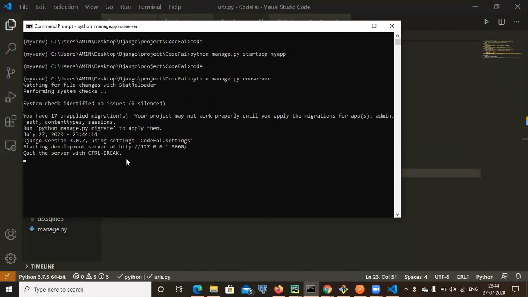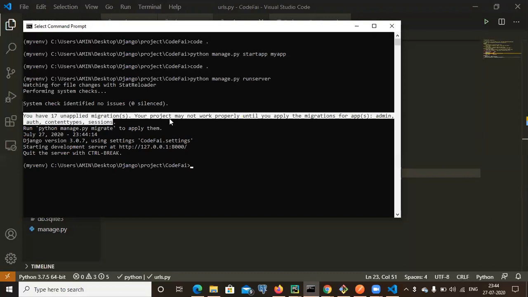Yeah. So here you can see that you have 17 unapplied migrations, right? I have made some changes in my settings.py file and the urls.py file, right? So first I will do some migration, so that after some time, if I run the server, this message will not appear.